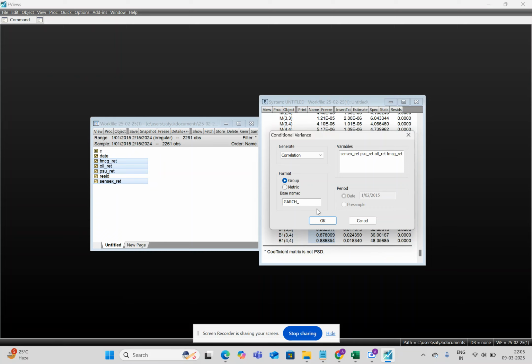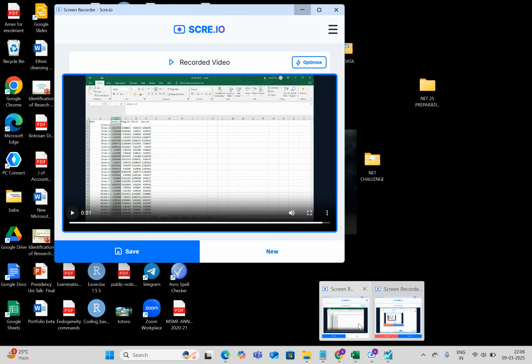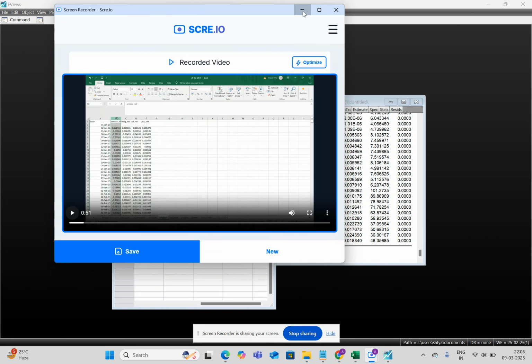So here we do matrix. So yeah, so this is the matrix. You can copy it to Excel and keep an analysis of it. However, if we do it on the basis of, sorry,